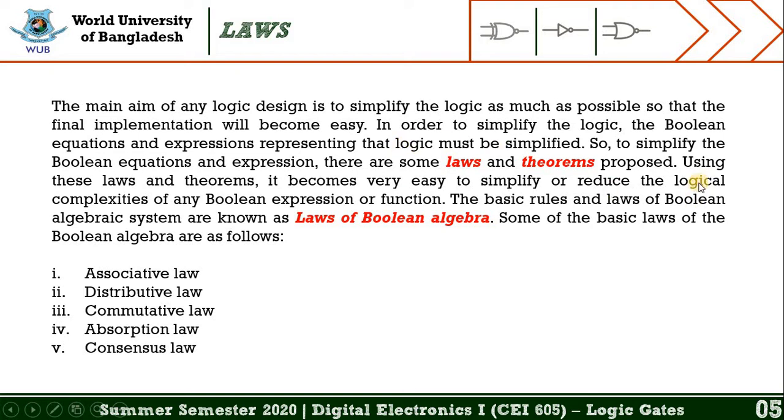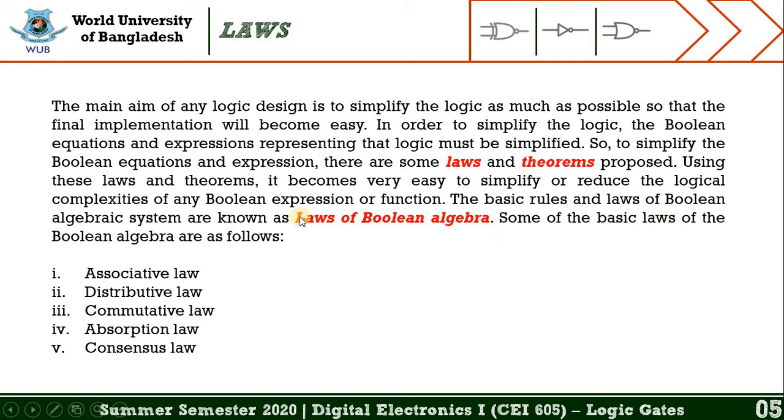In order to simplify the logic, the Boolean equations and expressions representing that logic must be simplified. So to simplify the Boolean equations and expressions, there are some laws and theorems proposed. Using these laws and theorems, it becomes very easy to simplify or reduce the logical complexities of any Boolean expression